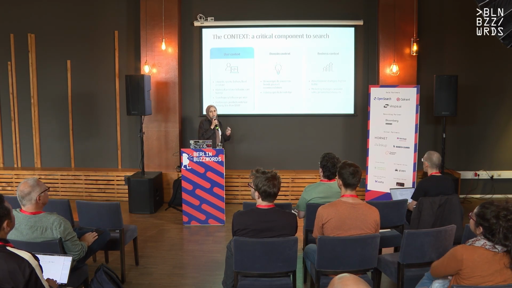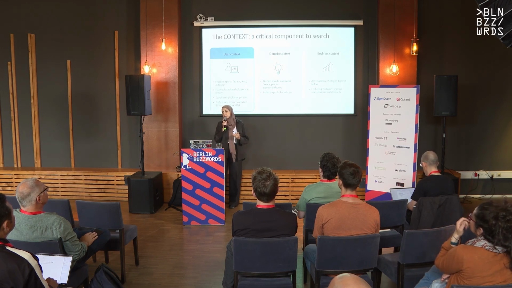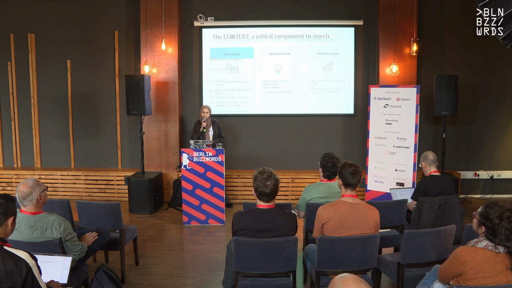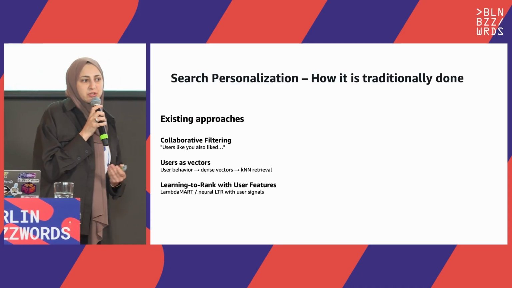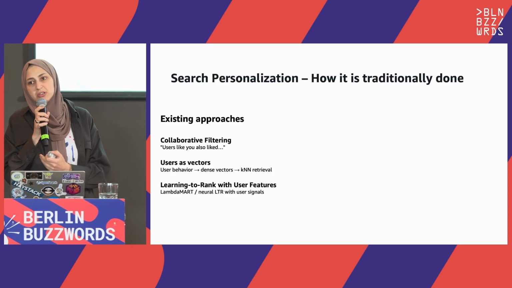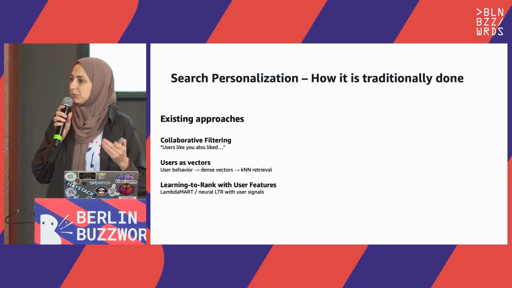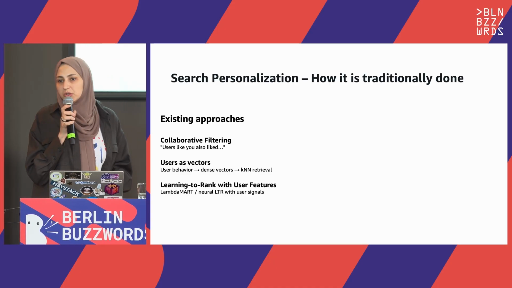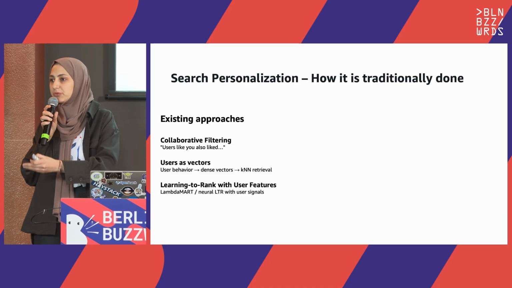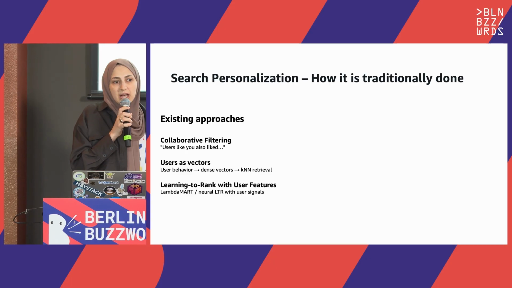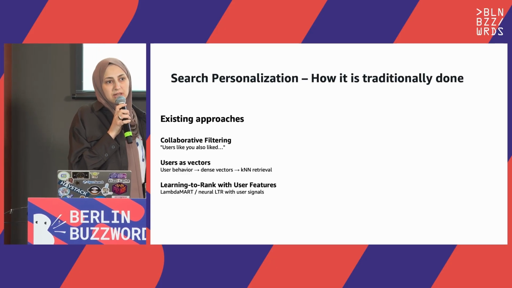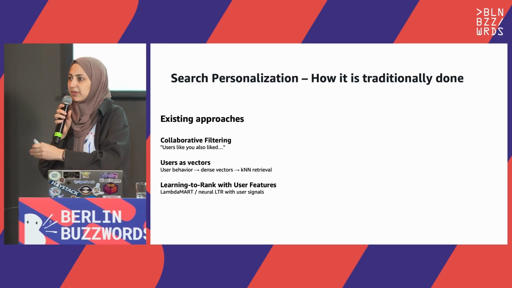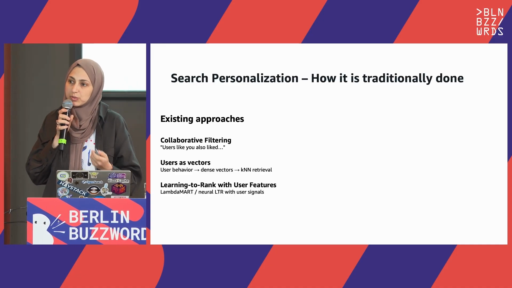Today's focus is on the user context. So how to build search personalization using user context. Traditionally, search personalization can be done in different ways, right? Like collaborative filtering with product recommendations. You can train your own machine learning models with learning to rank, for example, build your feature engineering, or even encode user preferences in a vector space, basically, and use that vector at search time to build search